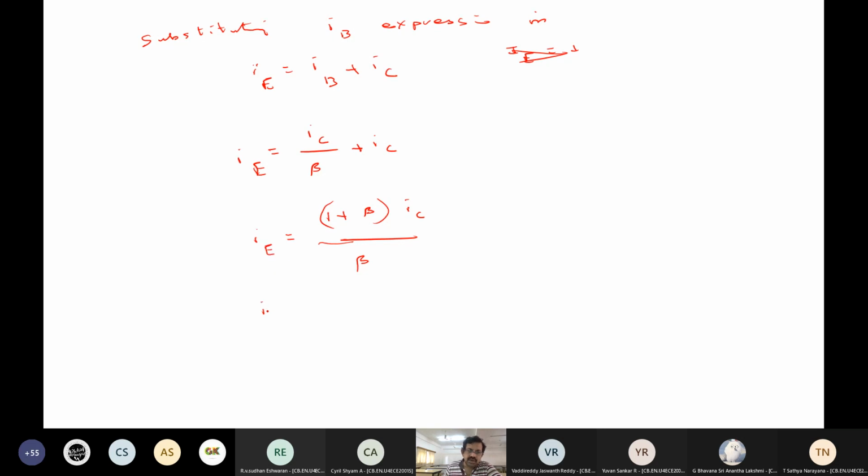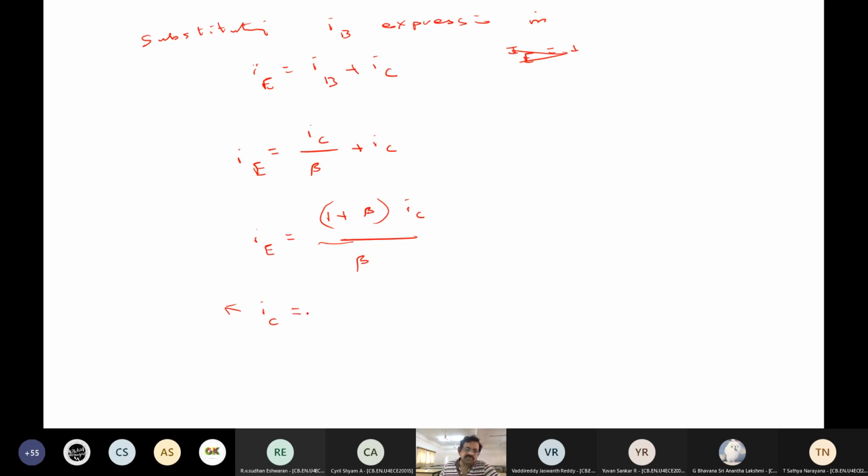Now IC is the very important thing, how much current is flowing into the collector. So in NPN you will see the IC is in this direction. In PNP you got to understand differently. You should see what is the majority carrier, and conventional current direction is actually the direction of the movement of the holes. So I encourage you to think about the PNP and see the diagram by yourself if you have understood clearly.